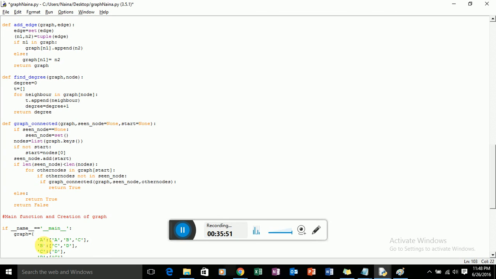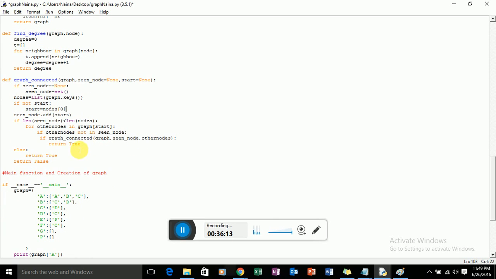So if my starting vertex is B, and it sees its neighbor as C, then first it will check if it is there in the seen node or not. Obviously it is not there, so it will recursively go.